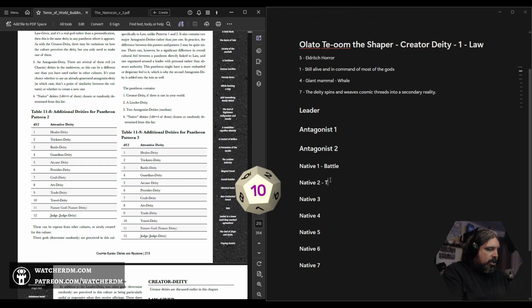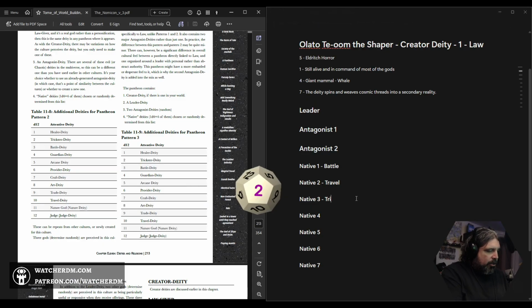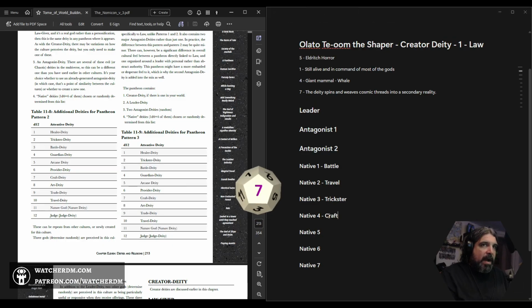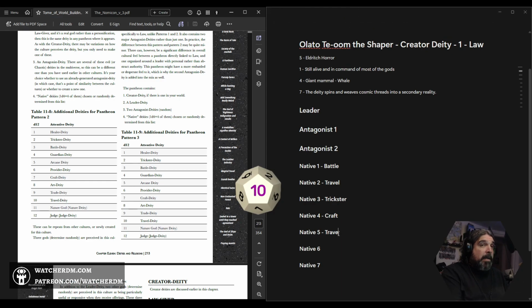We got our travel god. 2 is classic. We need that trickster. 7. Cool. We get a craft deity. We got 10. So we got a second travel deity. I'm going to keep it.